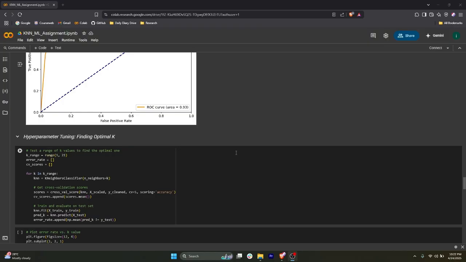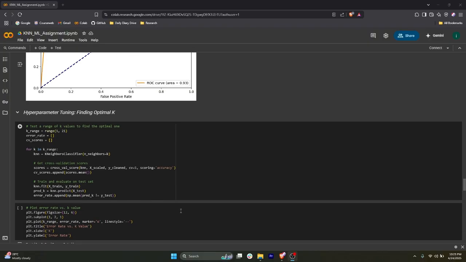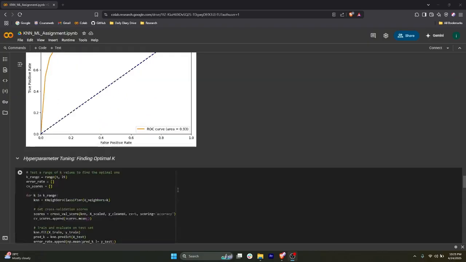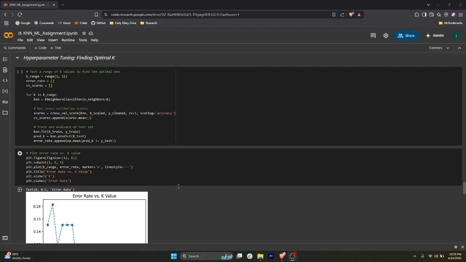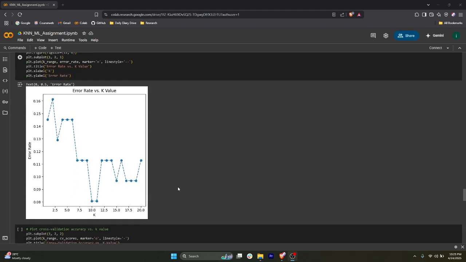To conclude, KNN proves effective for heart disease prediction with its simplicity and flexibility. The implementation demonstrates how proper preprocessing, particularly feature scaling and hyperparameter tuning, can maximize KNN effectiveness for medical diagnosis applications. Here is the hyperparameter tuning, finding the optimal K, and this graph shows error rate versus K value, and